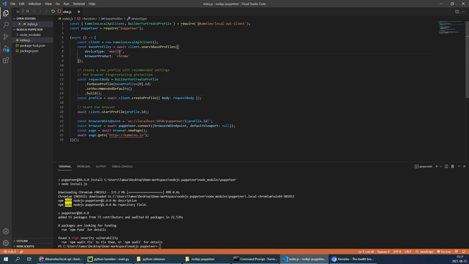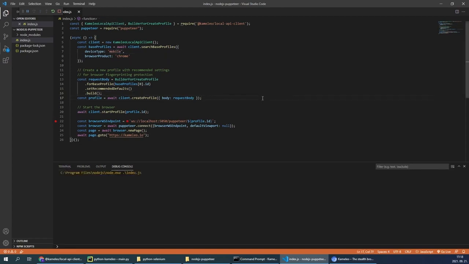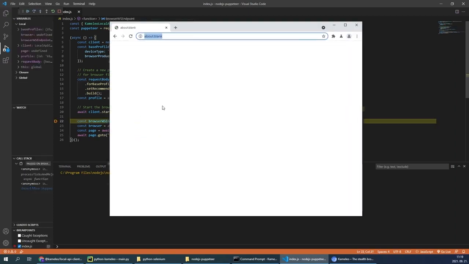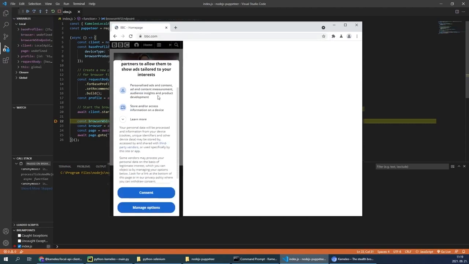Let me show you just a quick sneak peek of what our dev team is currently working on. In the upcoming versions, Camilio will support the automation of mobile profiles by emulating the browser on a desktop PC. Automation on Android devices is also in progress, but it is currently in a very early stage, so stay tuned for further updates in our